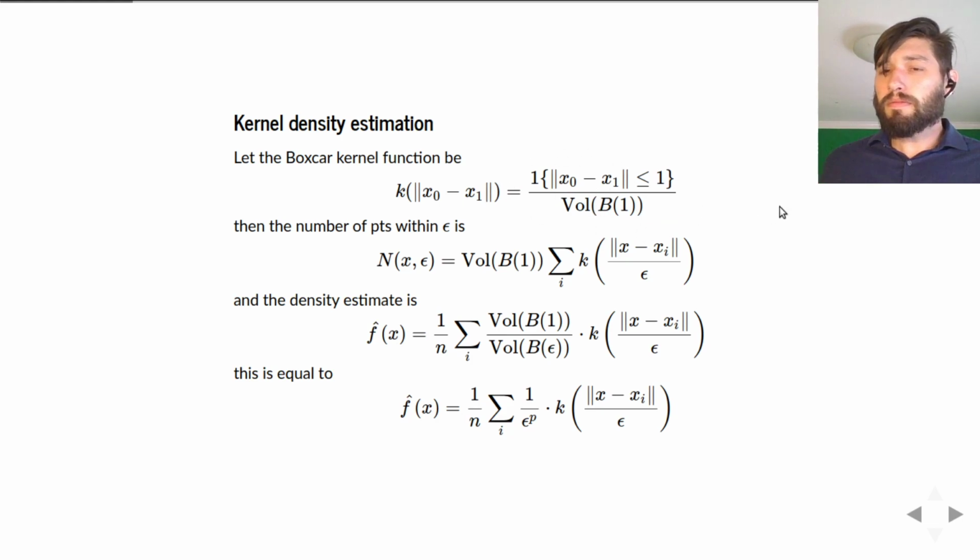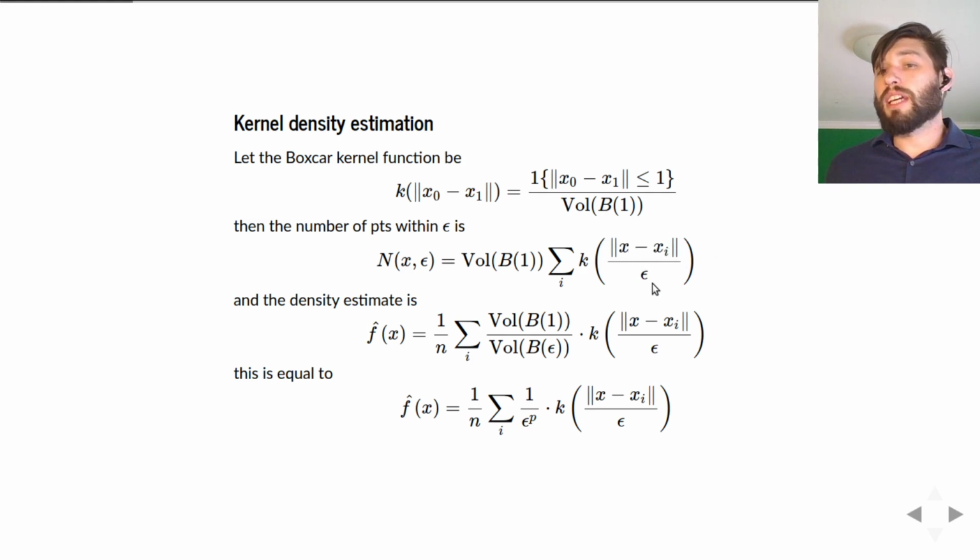And so this k is just some function of the distance between x0 and x1 for any two arbitrary points x0 and x1. Then we can re-express the number of points that are within epsilon of x as the volume of this ball of radius 1. So we're just multiplying back out the volume of this ball of radius 1 times the sum over i of k of the Euclidean norm between x and